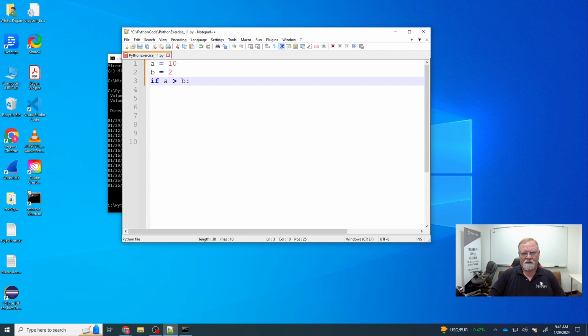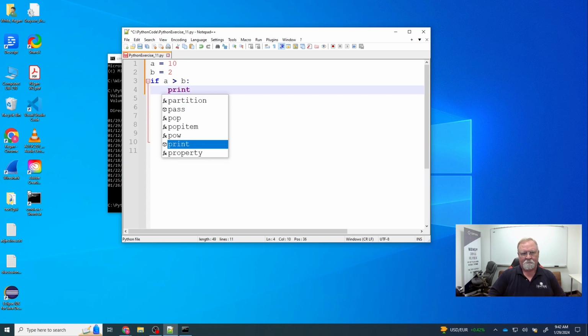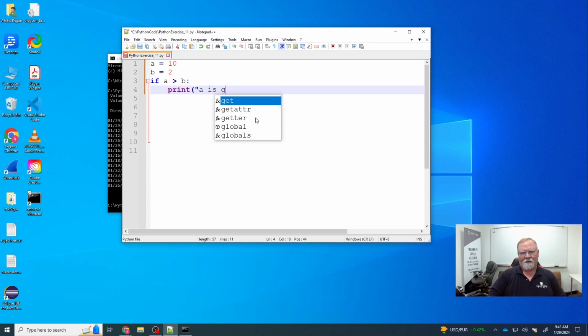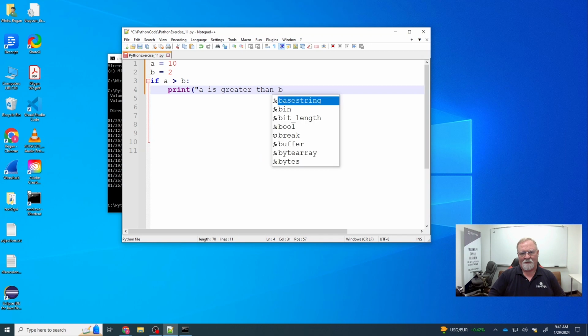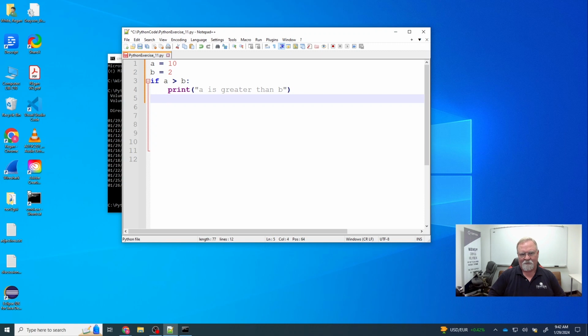And then we take a space down, and then we hit the tab key because we have to indent. So if A is greater than B, we're going to print A is greater than B, which makes perfect sense. All right. And notice then we ended our program here. This will be the last line. So what I'm going to do is I'm going to print program ends,